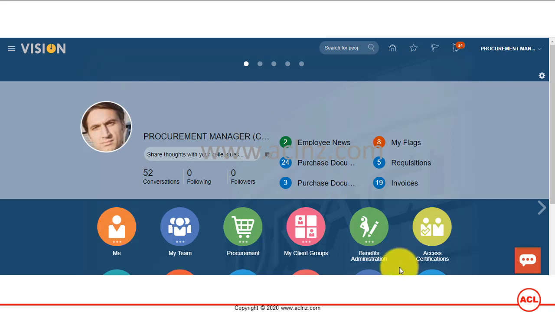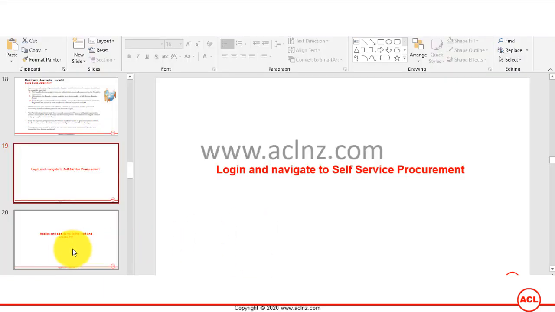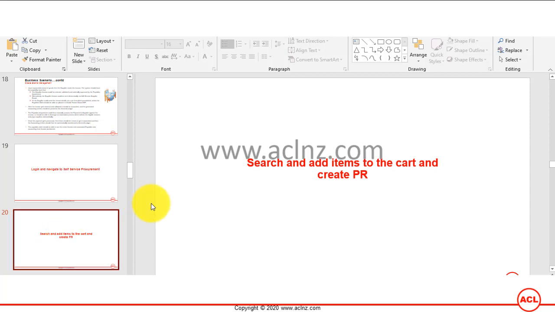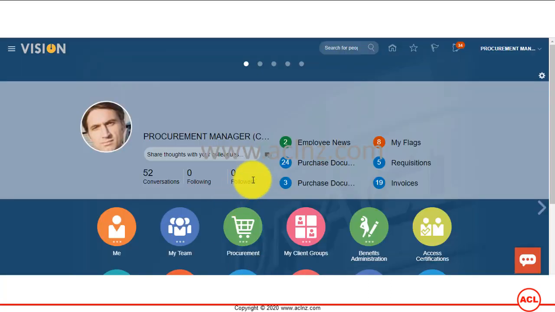Vision Corporation. Now let's go back to the slide, and you see the next step is search and add items to the cart and create a PR. So let's go back here, and the first thing we have to do is navigate to the self-service procurement.